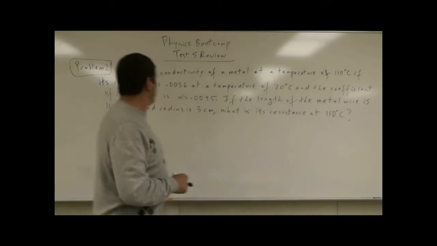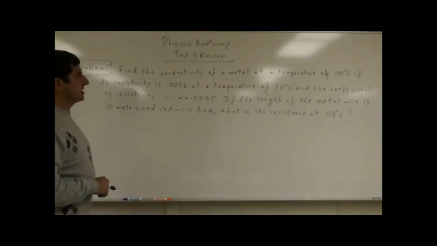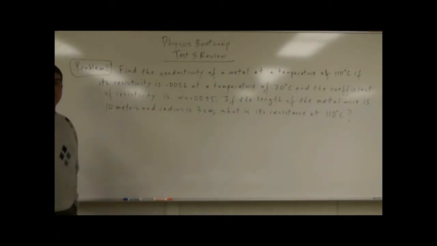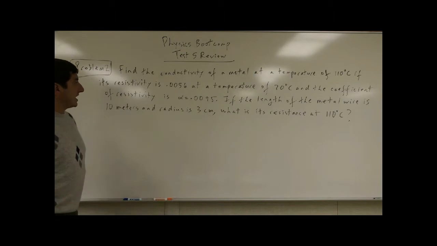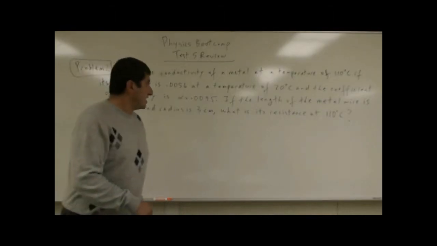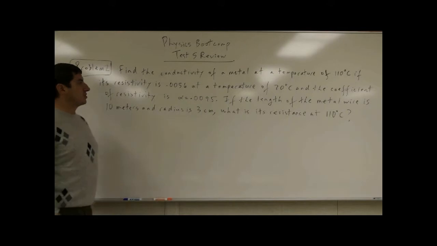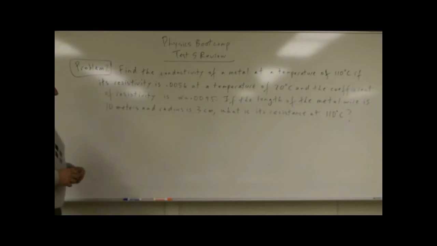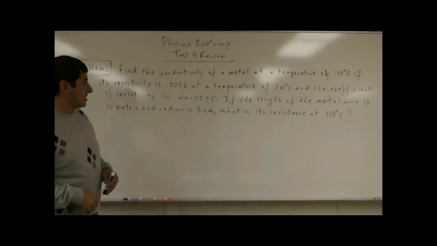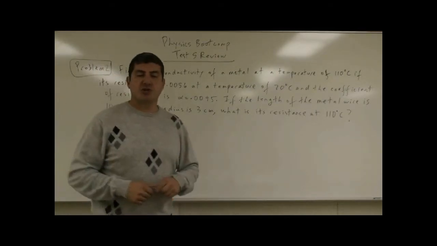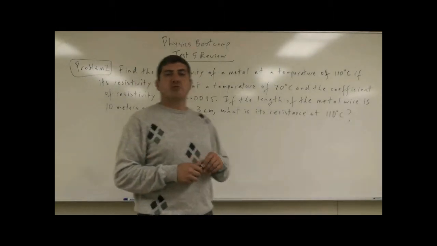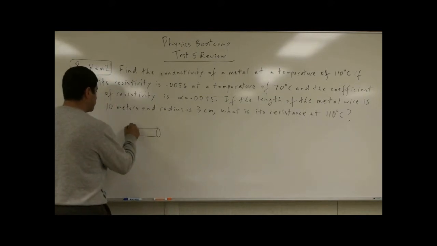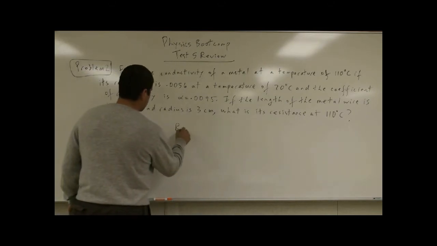To problem number 2, it says find the conductivity of a metal at a temperature of 110 degrees Celsius if its resistivity is 0.0056 at a temperature of 20 degrees Celsius and the coefficient of resistivity is 0.0095. If the length of the metal wire is 10 meters and radius is 3 centimeters, what is its resistance at 110 degrees Celsius, right? So from resistor theory, we know that the resistance of a wire is equal to its